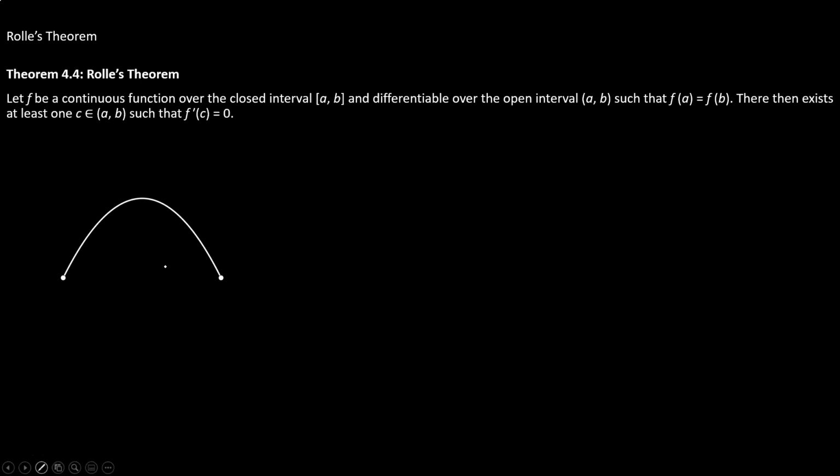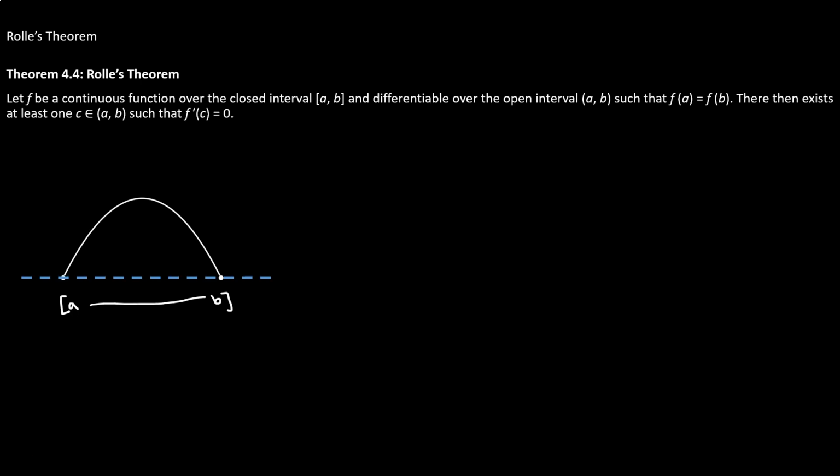So here I have a graph of a function that meets the criteria. The function is continuous over a closed interval from a to b. So let's say that we're looking at the interval a to b. It's differentiable, which means we don't have any corners or vertical asymptotes. And lastly, it has the endpoints at a and b with equal y values. So the left endpoint and the right endpoint have the same y values. Rolle's theorem says for a function that meets those three criteria, continuous, differentiable, and equal y values at the endpoint,